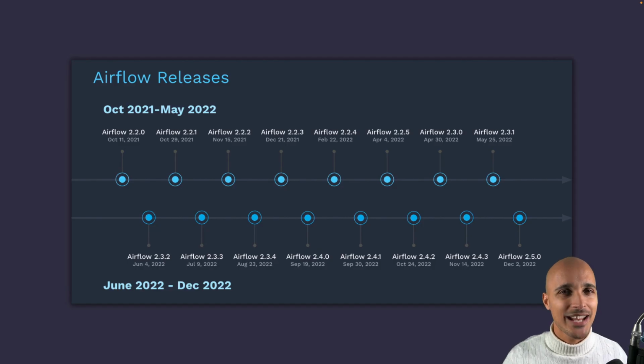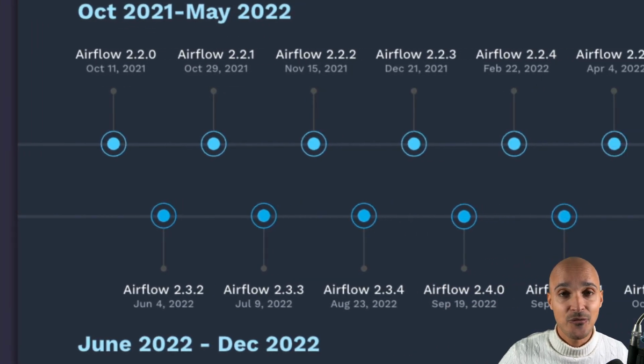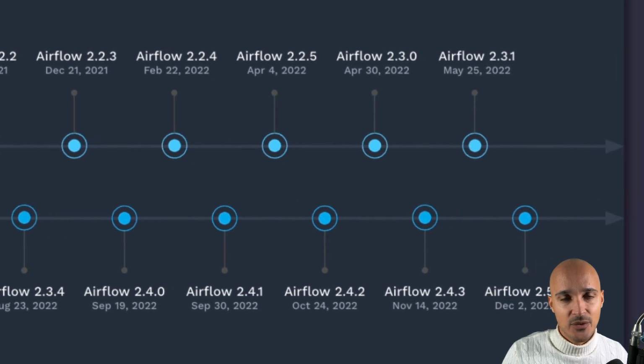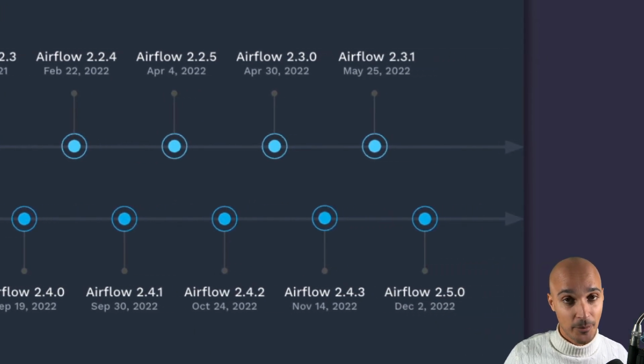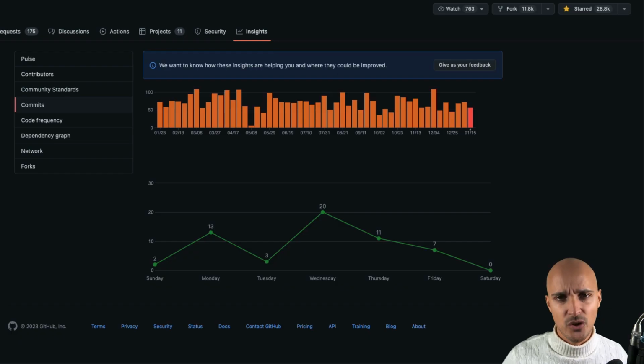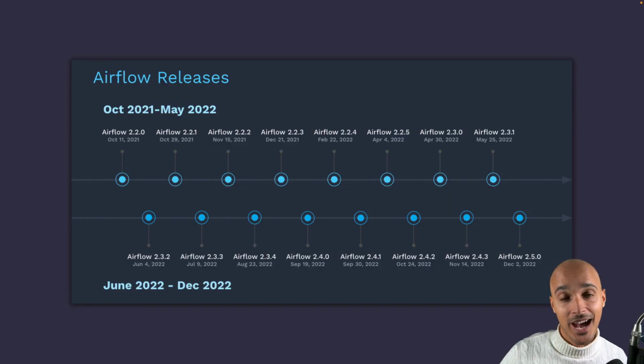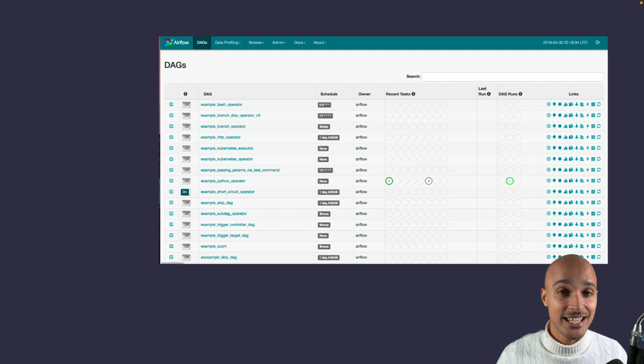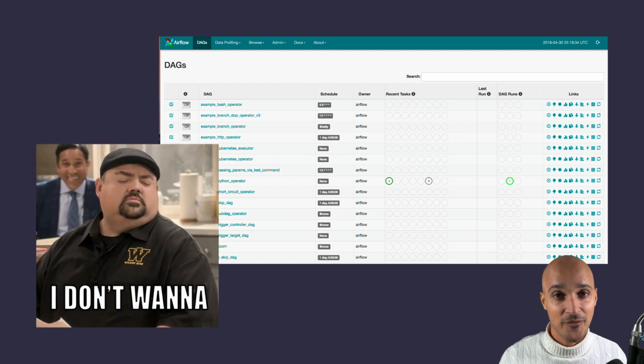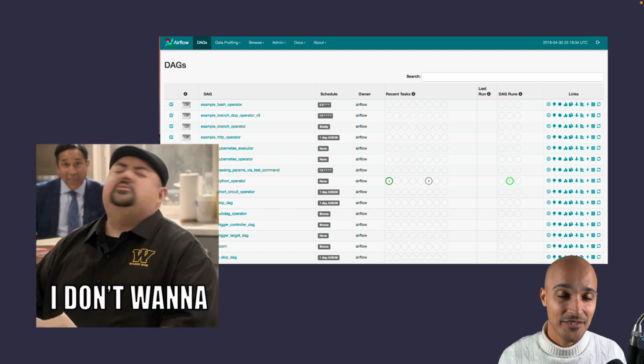Okay, if we look at what happened for the past year with Airflow, this is pretty incredible. We got a release almost every month, and the release velocity of Airflow has picked up quite a lot if you compare with what we had 2 years ago. That means the community behind Airflow is extremely active and it grows alongside data teams' needs and new use cases. But at the same time, it might be hard to keep up with the pace, and it's easy to get stuck with the old version of Airflow and the bad impressions that you can have because of that.